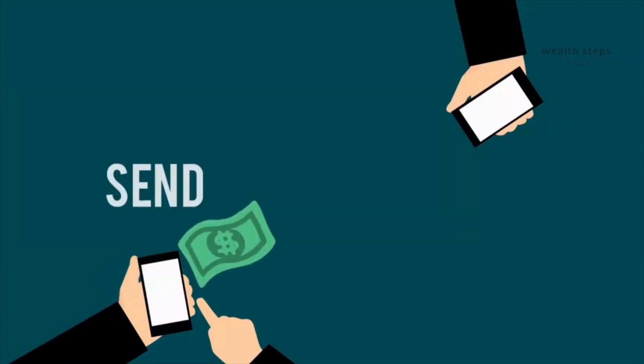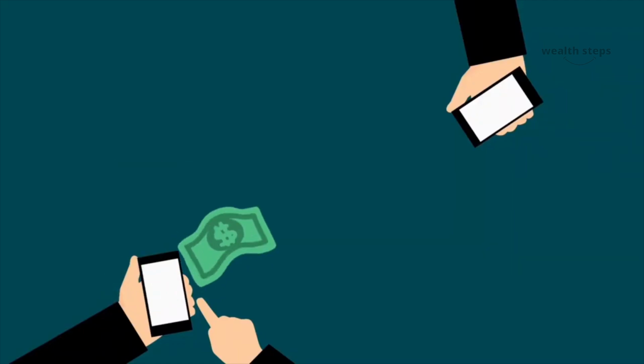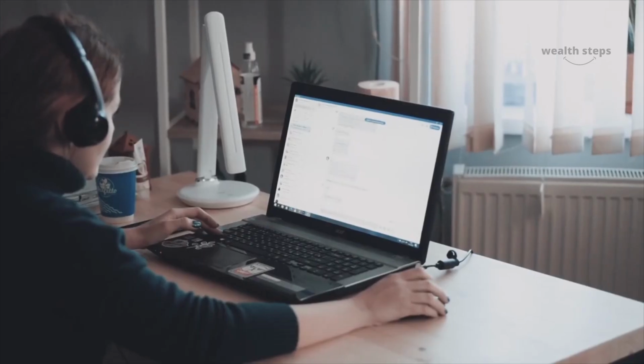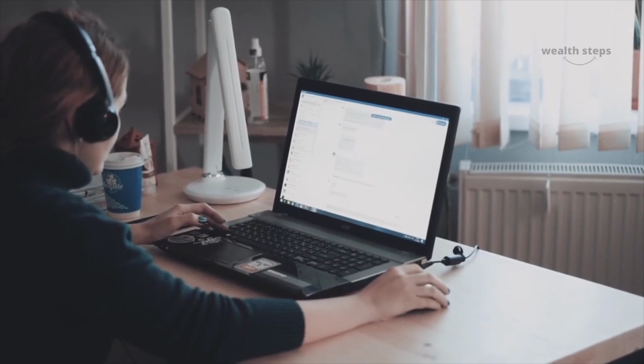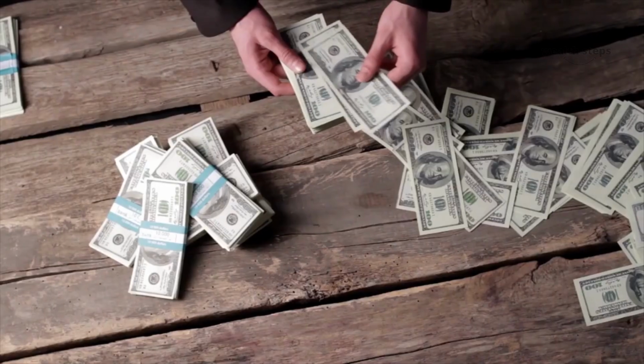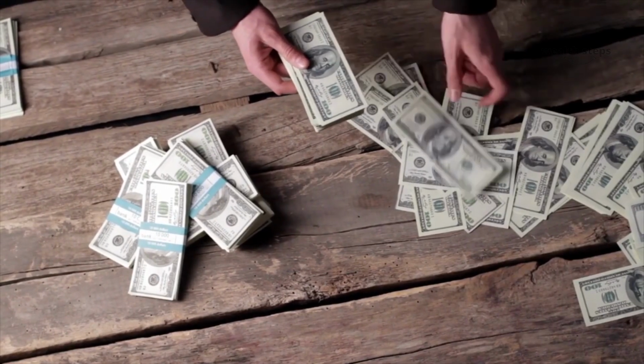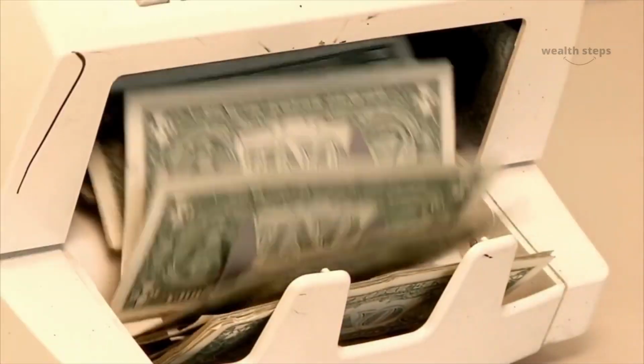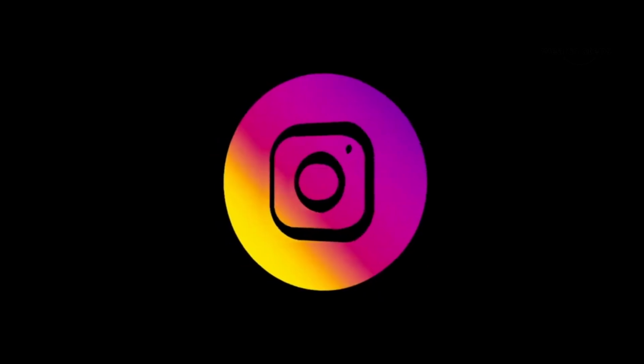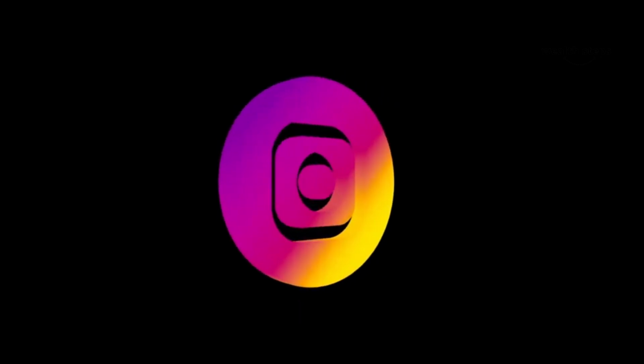6. Payment processing. Shopify offers its own payment processing system, which is built into the platform and makes it easy to accept payments from customers. It also integrates with a range of other payment gateways, giving you more options. I chose to run Facebook and Instagram advertisements to test a product, but first we need